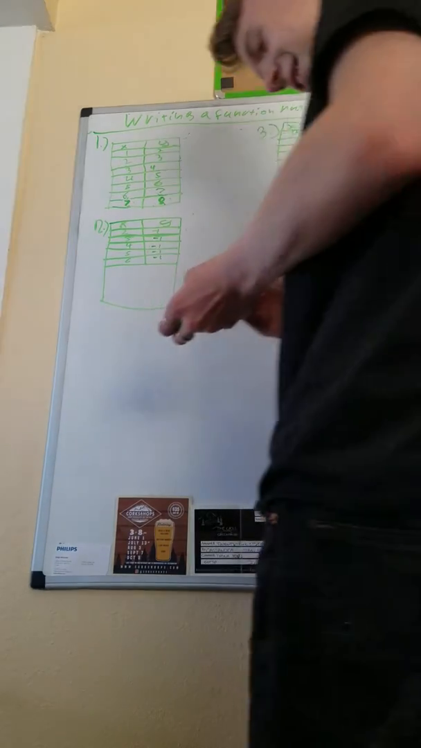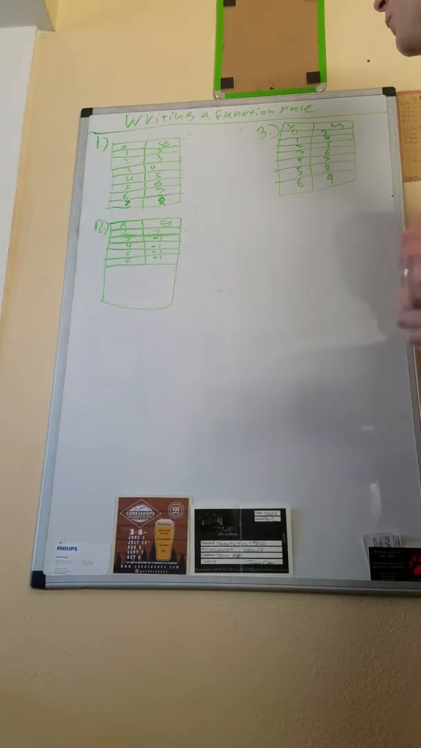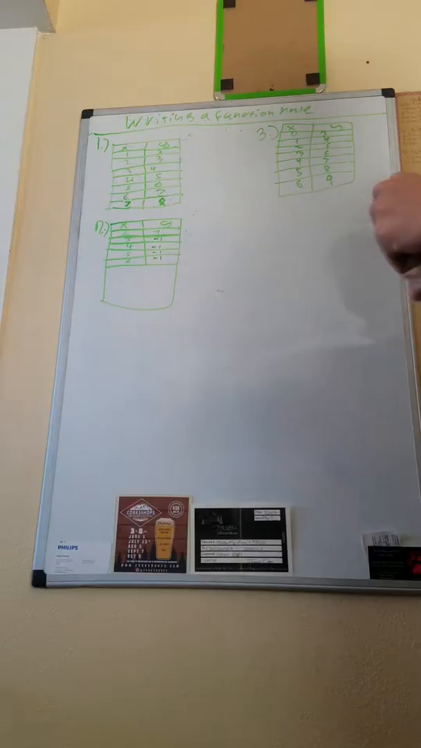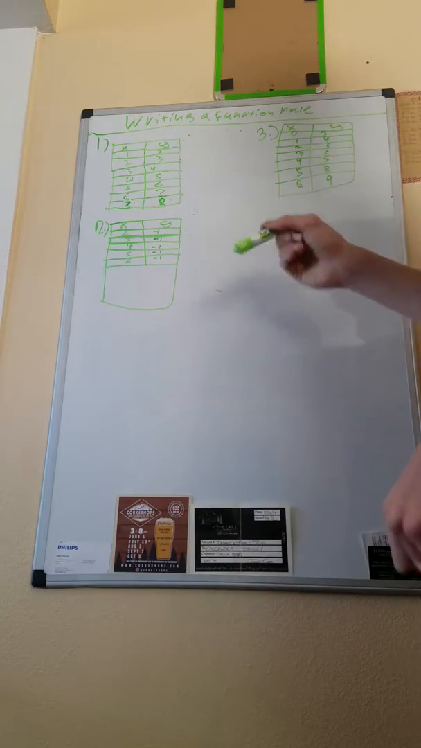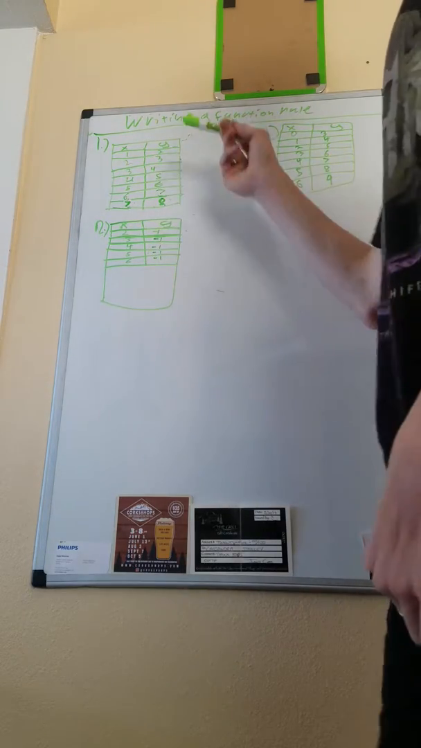Today I'll be teaching on writing a function rule. So first you have to find the difference between the numbers, which is the first thing between the x and y coordinates. So if the x